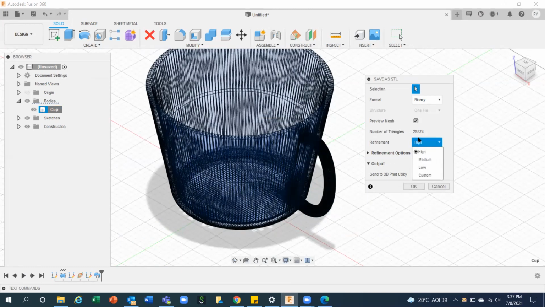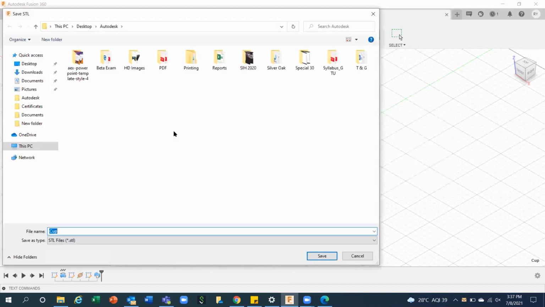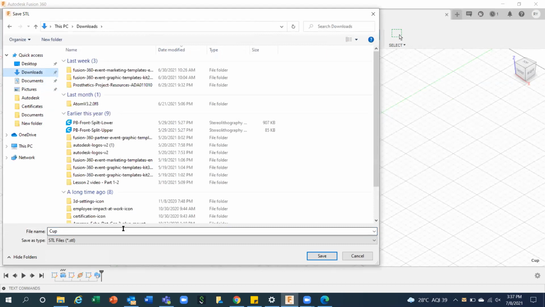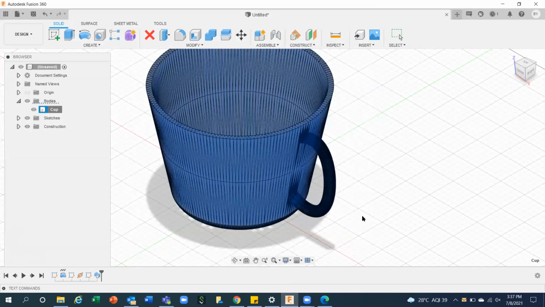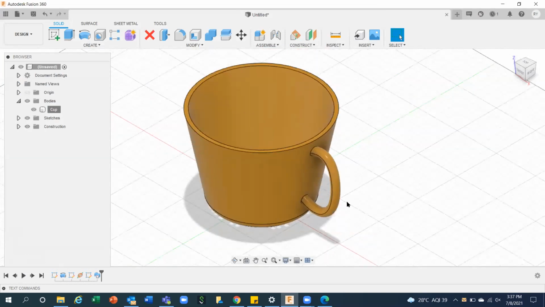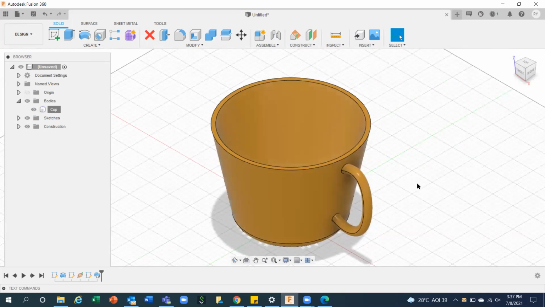If it is high, you can see how many triangles are getting generated, 25,524. Okay, let it be high resolution. So I'm going to click OK, and I'm going to save my cup in STL format. Save it. So I have created my CAD file and I have already exported it into the STL file.